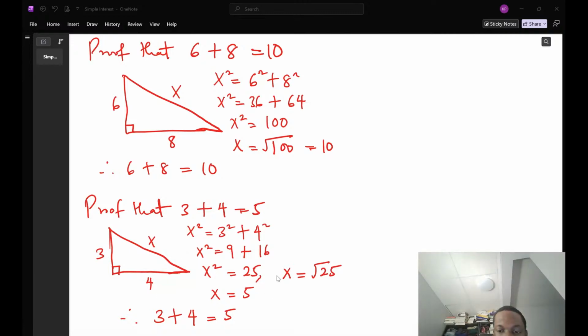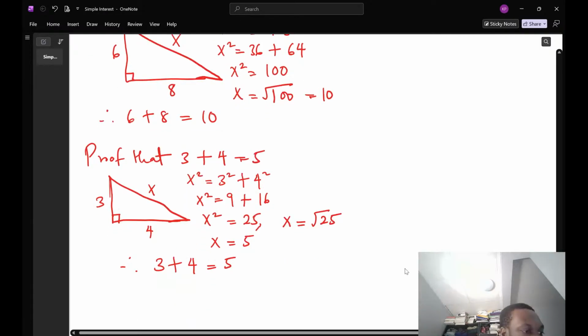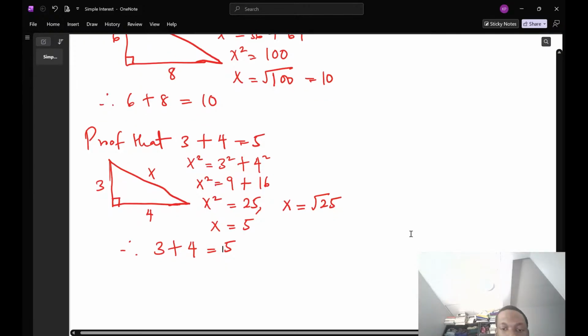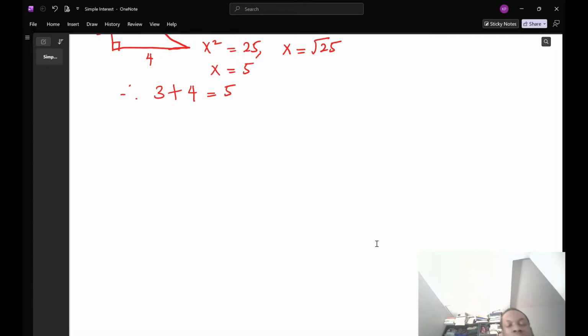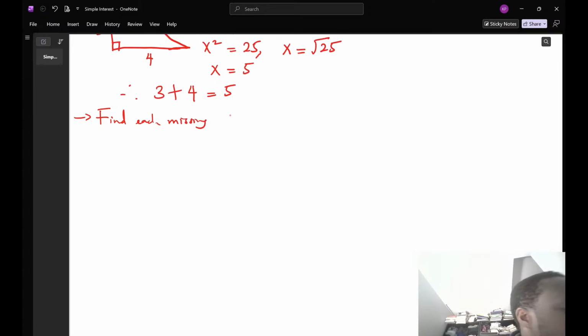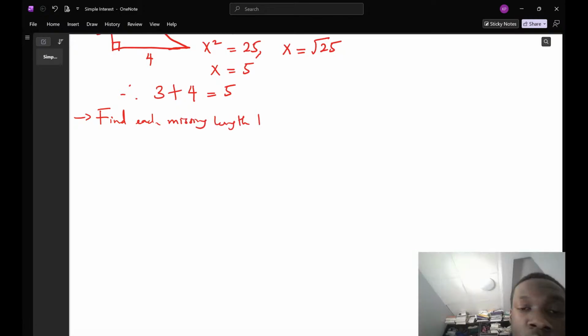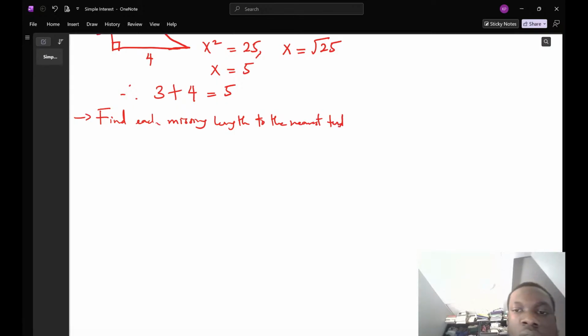Okay. So let me go back to my board. So now, for example, in this case, we are going to be having some numbers that have decimal points. It says find each missing length to the nearest tenth. Okay, so the one we are given right now,